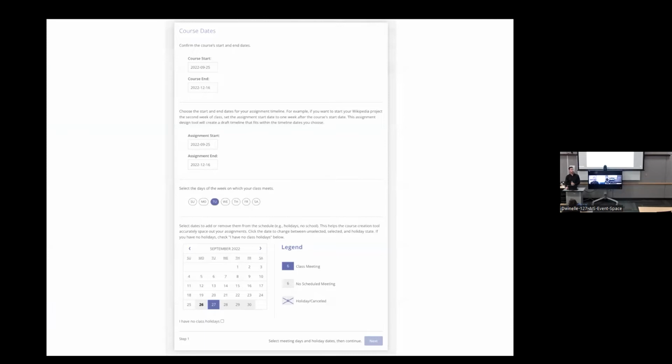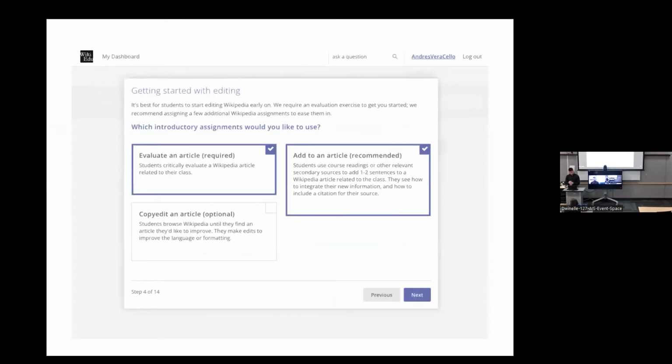And it is still completely customizable. You'll be asked a series of questions to help you and your students get the best out of the assignment, from how to choose articles for your students to work on, to tricky topics, getting peer feedback, and setting assignment expectations.